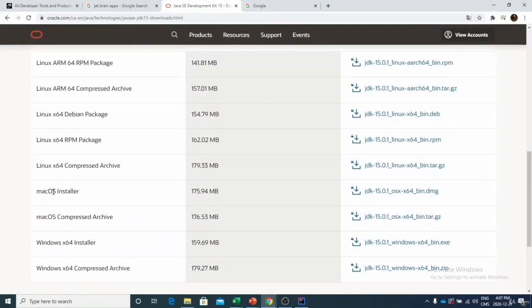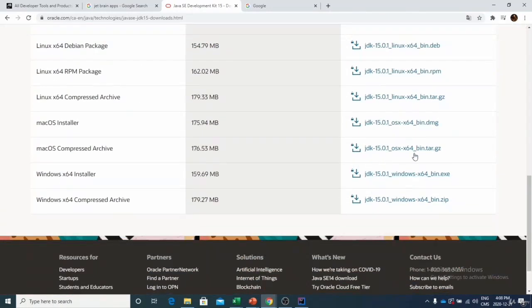So if you're on a Mac, it's going to be one of those. If you're on Linux, you will have to choose one of those packages. Me personally, I have Windows, so I'm going to choose this one right there. I'm not going to download it since I already have it downloaded. But it's pretty simple. You just download it, click next, next, next,